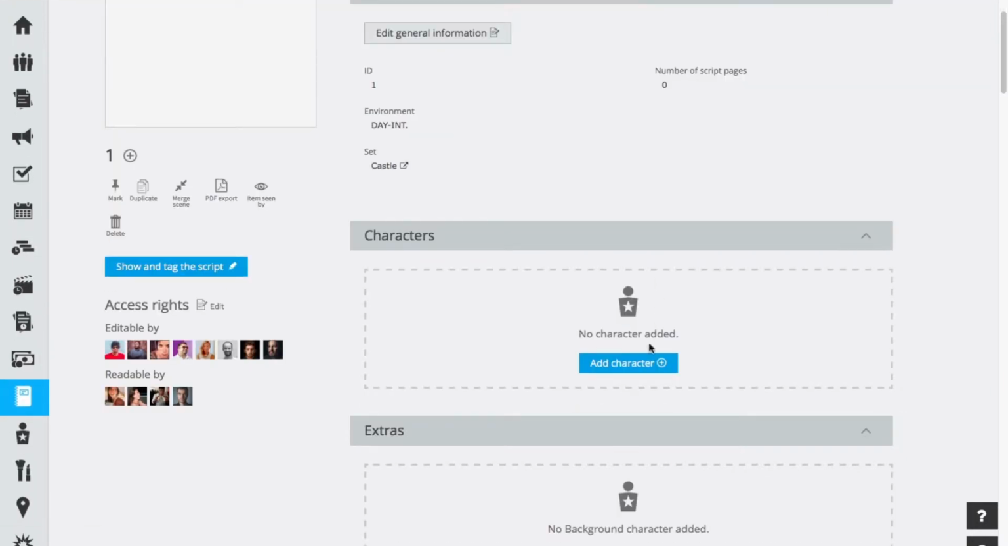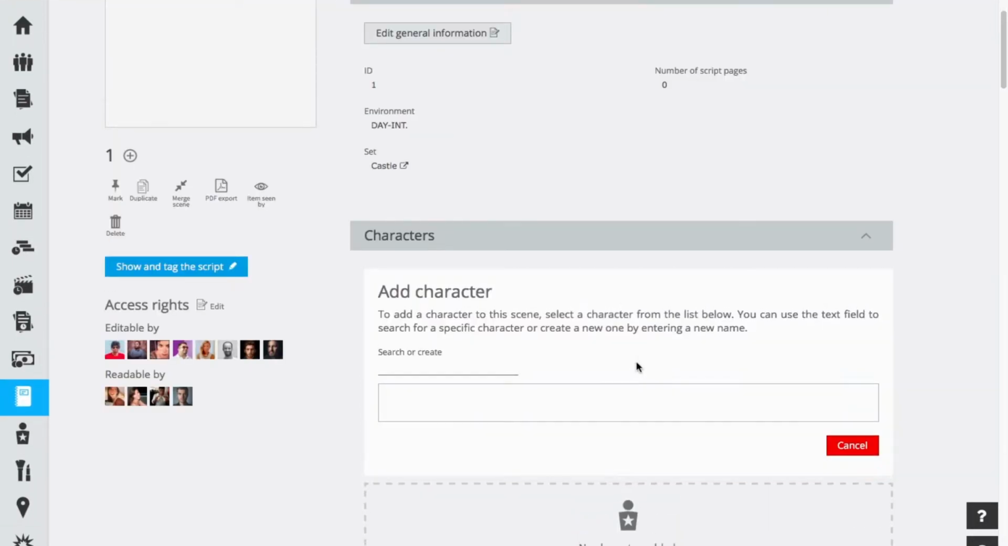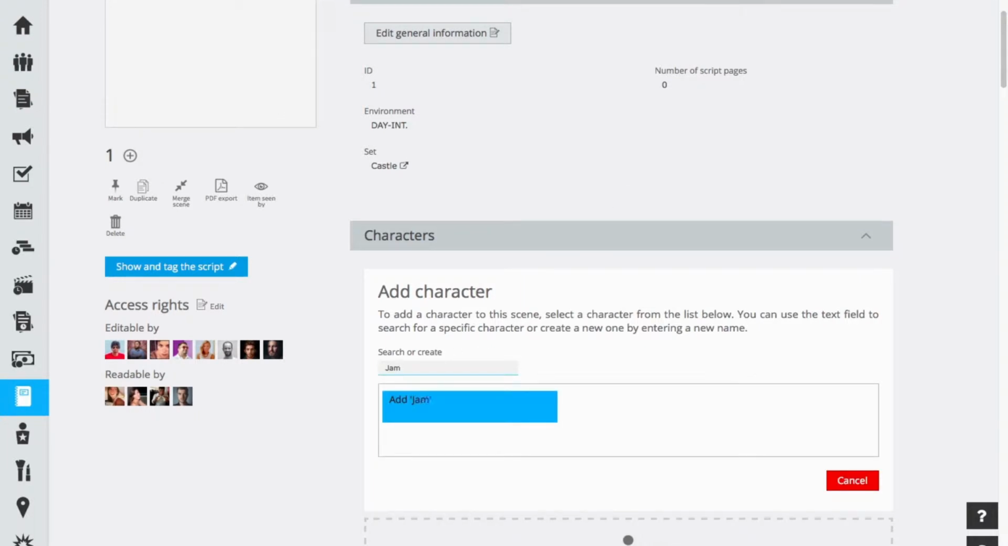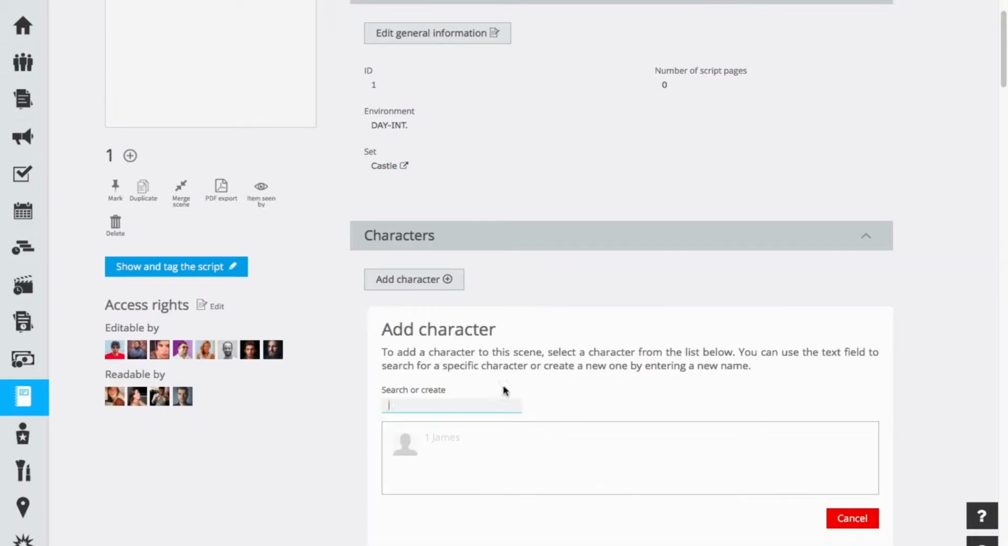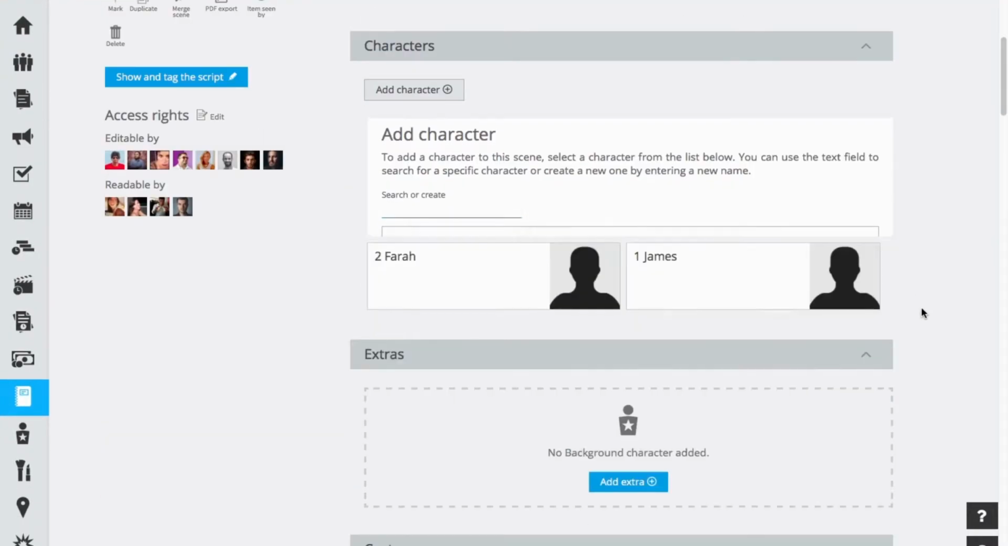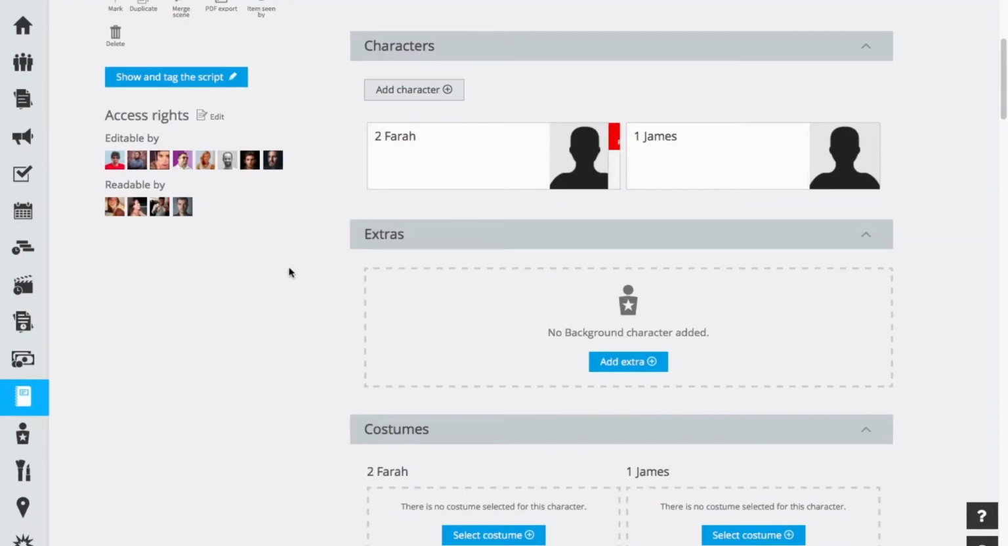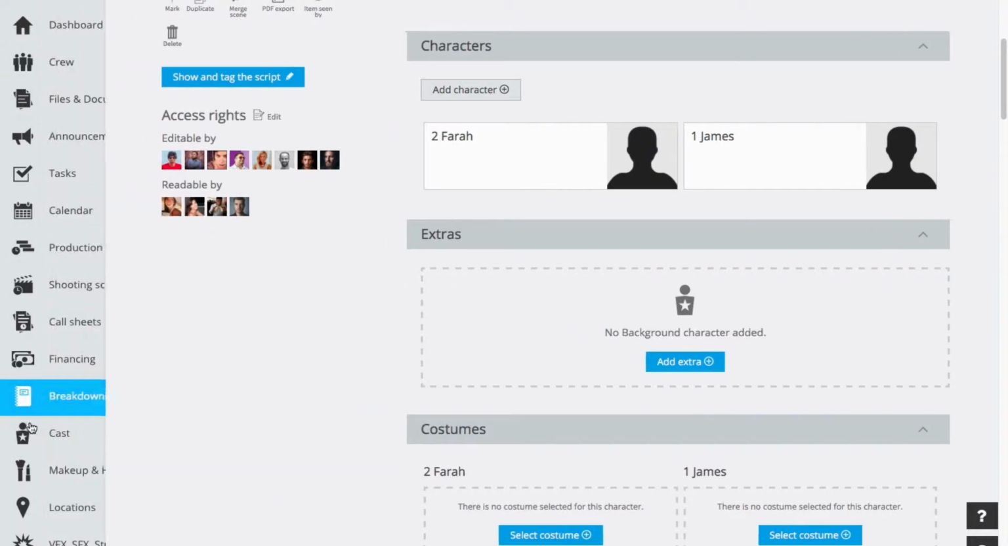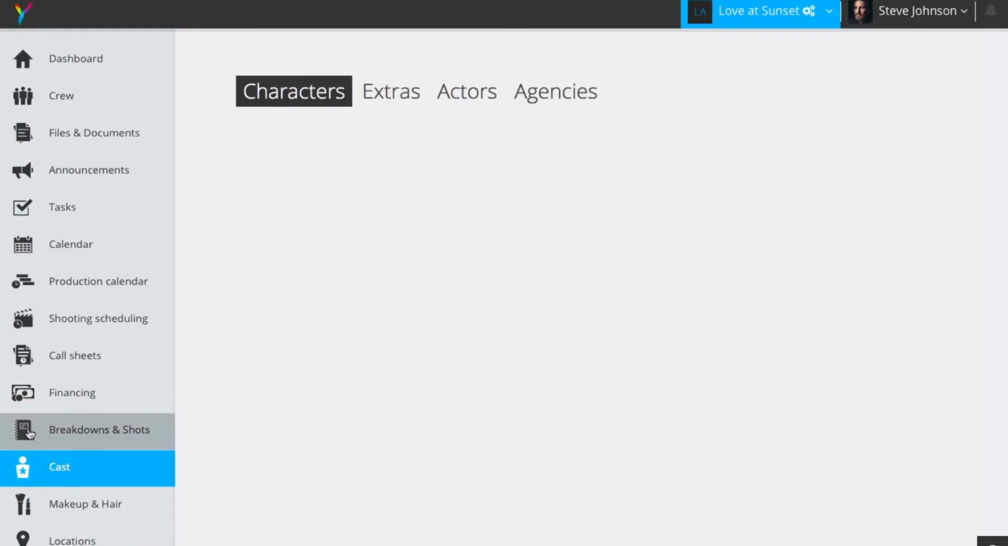So first of all, it would be nice to add some characters. So if we click here on Add Character, all we have to do is just type in the name. So in this movie I'm creating, James is the main character, so let's add him. And his love interest is Farah, so let's add her as well. So now we've created two characters here, Farah and James, and we can look at them not just here in the scene breakdown, but also in the casting area. So if we go there right now,